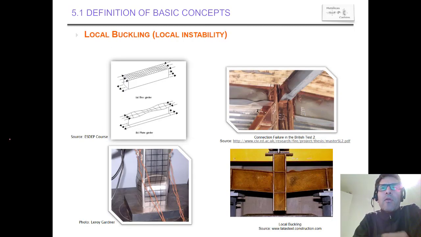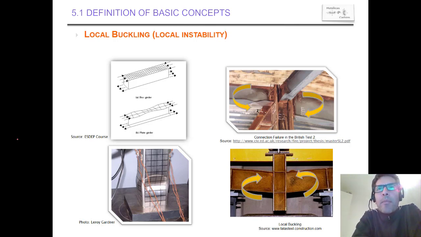Local buckling. Local buckling is a phenomenon that occurs in compressed panels of some cross sections, or compressed panels that are class 4 of a particular cross section. In this plot, we have 4 pictures. Let's focus on the right top one, which is an element in which we have some applied load that generates negative bending moment. That is to say that